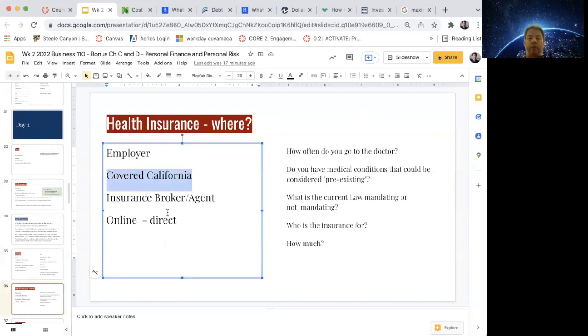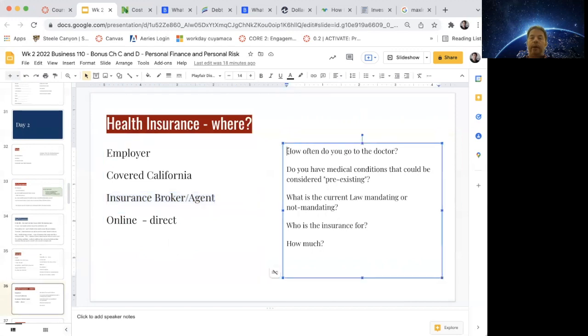Okay, the other one is Covered California. You can go to the state marketplace and they can hook you up with all kinds of different things. You would have to go there and do that. I'm not very familiar with how all that works. You can Google health insurance and find it. The top link will probably be Covered California, and the second link will probably be some well-known brands of health insurance like Blue Cross. What's another one? I can't think of it. There's going to be tons of different insurances out there available to you.